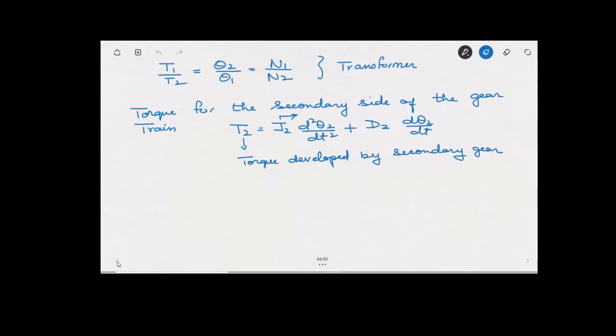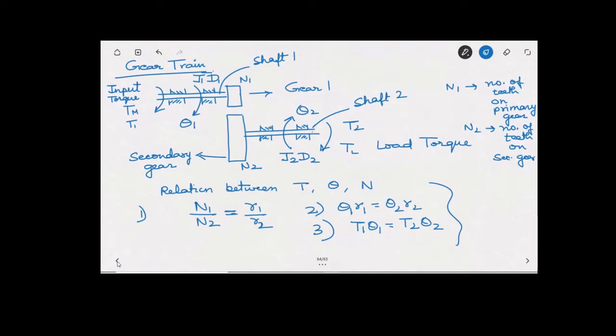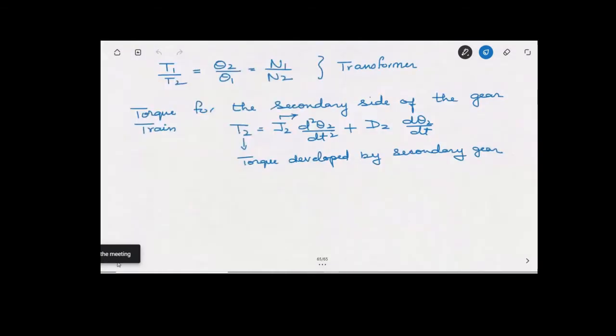लोड के अंदर में अगर देखिए यहाँ पे इस शाफ्ट के साथ कुछ लोड कनेक्टेड होगा और उस लोड में ये जो शाफ्ट है इसमें गियर है, टीथ है सॉरी, तो इसमें कुछ मोमेंट ऑफ इनर्शिया होगा और कुछ विस्कस फ्रिक्शन डैम्पिंग कोफिशिएंट भी है क्योंकि डैम्पर लगे होंगे लोड के साथ. तो ये J2 D2 हमने माना कि मोमेंट ऑफ इनर्शिया ऑफ द सेकेंडरी गियर है एंड D2 इज द